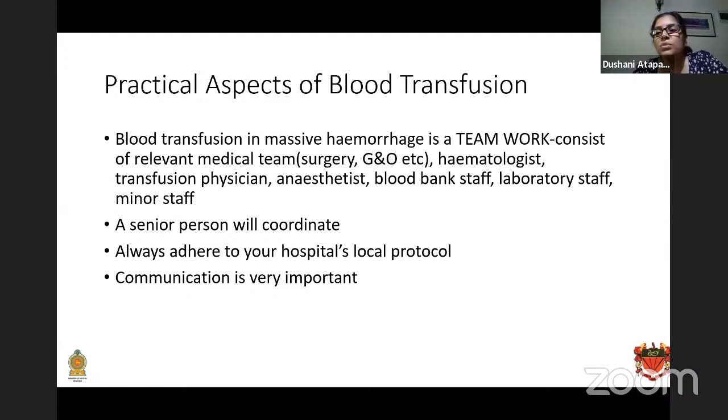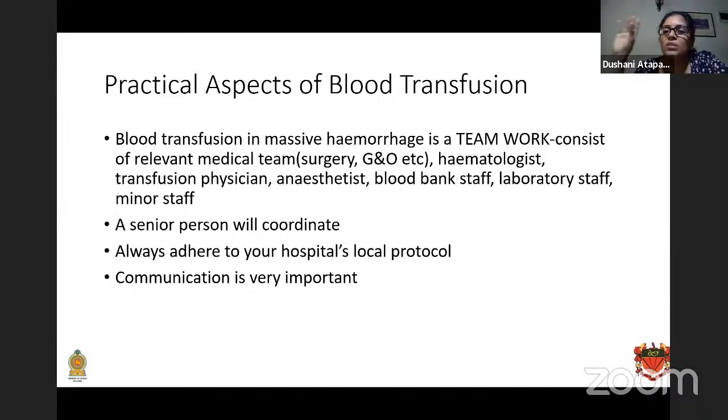So, and then of course, your role as a HO is to initiate and to communicate these things to your seniors. So a senior person will coordinate the rest of the hemorrhage and the blood transfusion management, right? And saying that, if you search the massive blood transfusion protocols, guidelines, the algorithm, there are so many flowcharts and these things, but there are specific